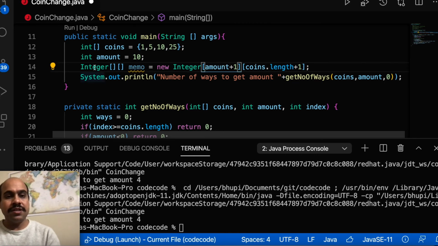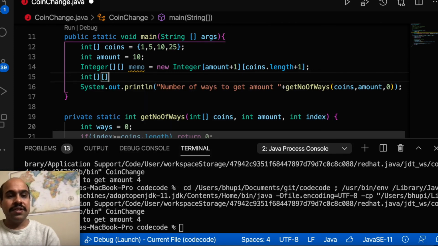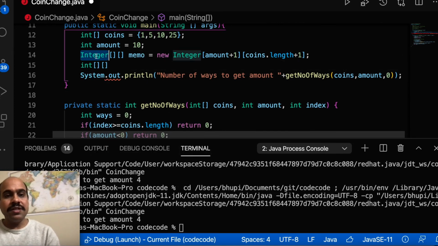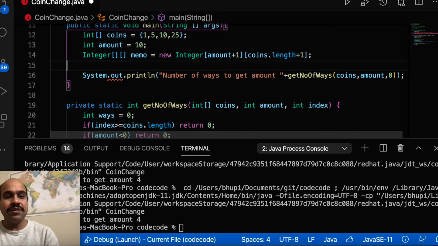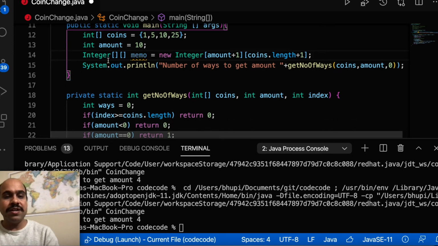an Integer object array. Now you can ask me why I am using this Integer object array and not the int array. Because the Integer array has a property that whatever values are not initialized, they will be null. So in case I need to know whether I have updated any particular value in this Integer 2D array, I just need to check whether at that position I have null. If I have null, it means there is no answer for that solution, and if it is not null, it means there is an answer and I can simply return it. So that's the easy way to do it. You can find other ways to do it, but I find this easy.